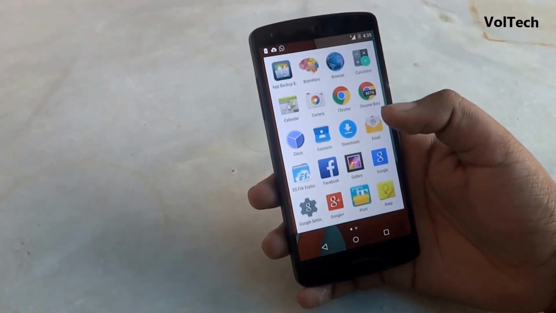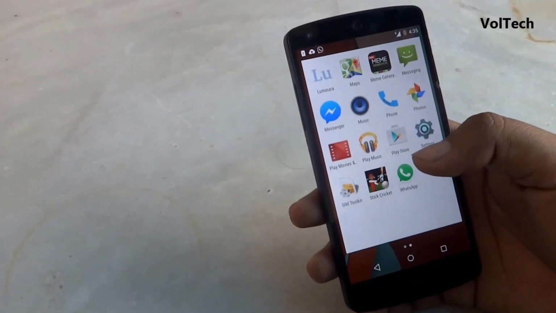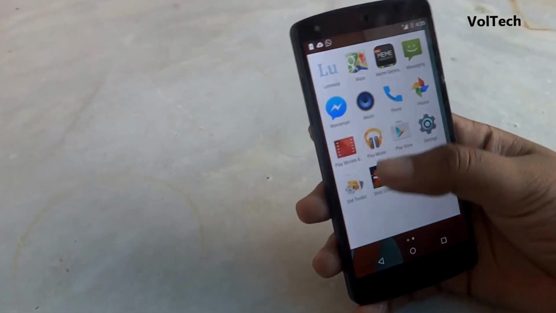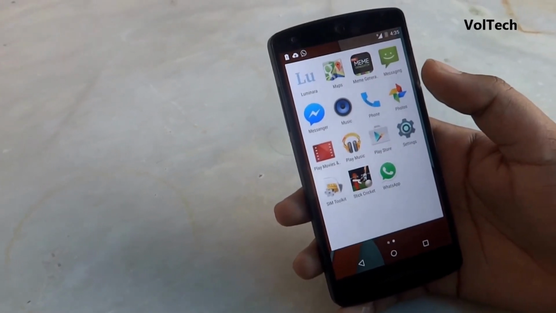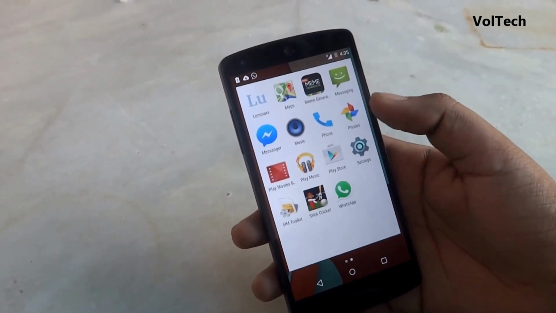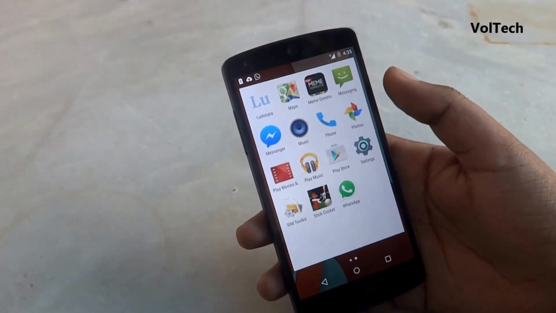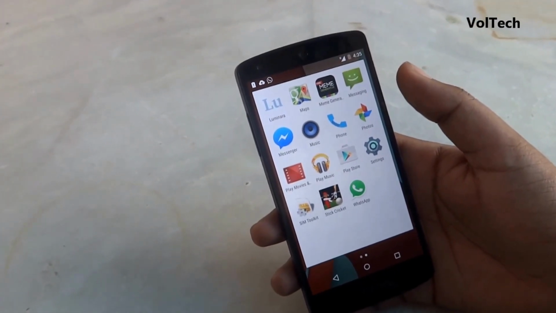Apart from that, coming to the app drawer, the app drawer has been changed completely. Earlier it was a transparent app drawer, but now they have changed the background to white and it opens like a floating window. So you can see the navigation bar at the bottom with the background, and a floating window different. You can see that it's a different window that has opened on your screen.